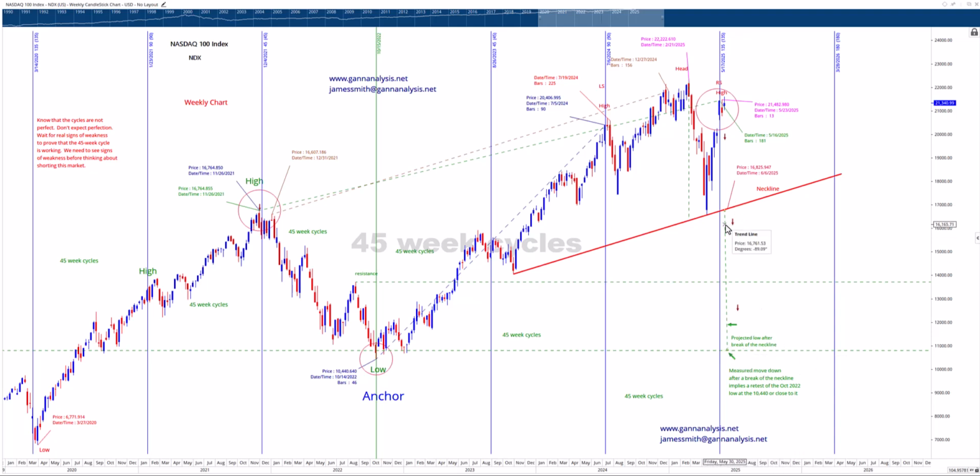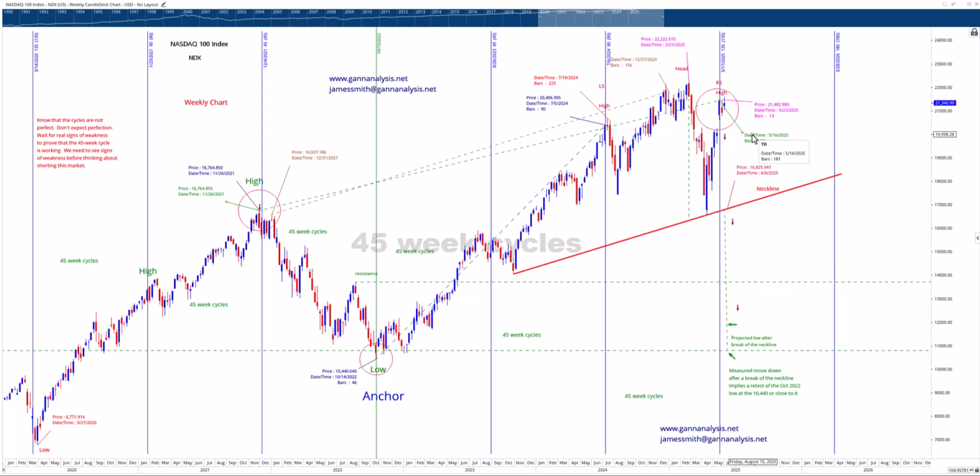We do have GAN cycles. We can show you, become a client. We have an idea when it's going to bottom. But, the idea is, here's some free research right now. The head and shoulders pattern, the 45-week cycle, the 90-day cycle, 180 trading days from this high back here. So another cycle.